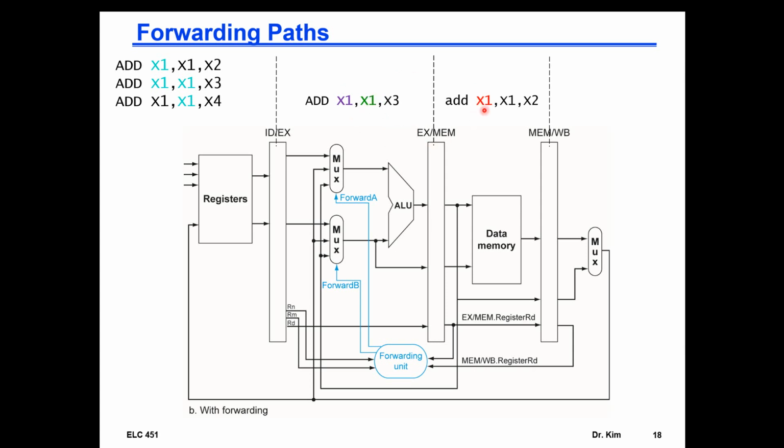The sources here and the destination here are the same. So X1 is coming into here. And this one is also X1 at M. That's the first destination. So now we see that those two are the same,